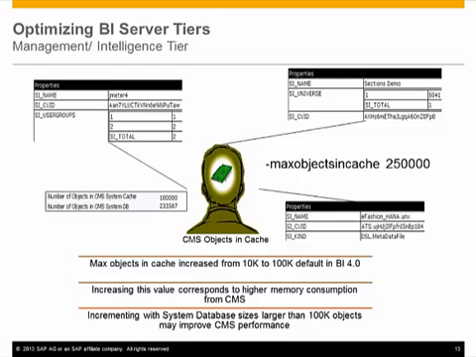And you can look at the metrics for the CMS to identify how many objects it's actually storing in cache, and what the total number of objects is that you actually have in your CMS, in your system database. So if you only have a small number of objects, the chances that you'll ever need to increase this value is quite slim. But if you have millions of objects in the CMS database, then it might be worth it